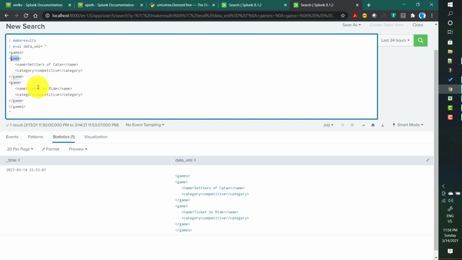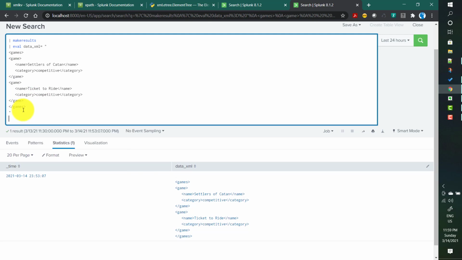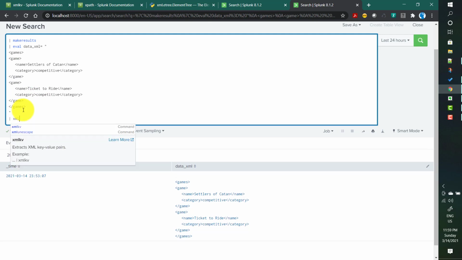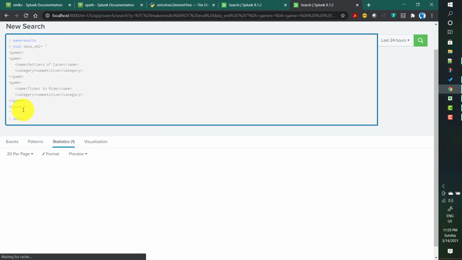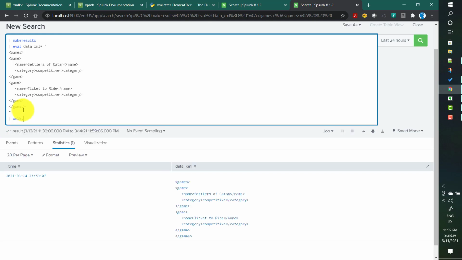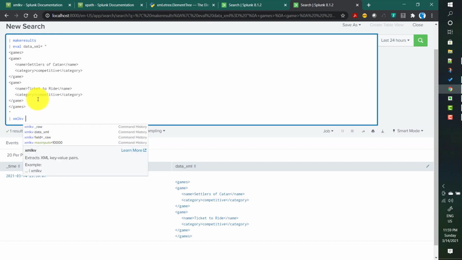Now if I try to use xml-kv here, it will try to extract the key value pairs from this one. By default xml-kv works on the _raw field, but if you want to apply it to any other field, you need to give the field name.